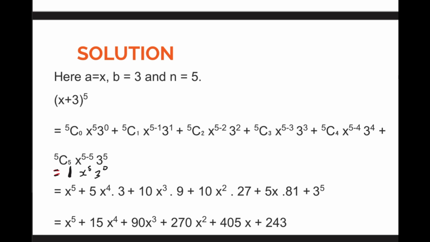Let me choose another color for the coefficients. So that's 1 times x to the 5th. This 1 here is coming from 5 choose 0, which we worked out earlier. X to the 5th is here, and then 3 to the 0. All right, and then plus